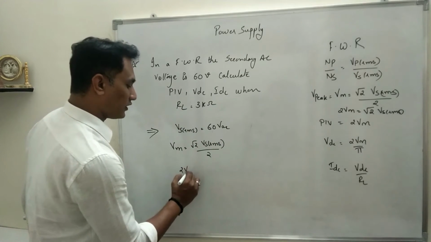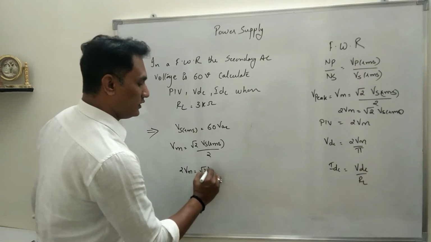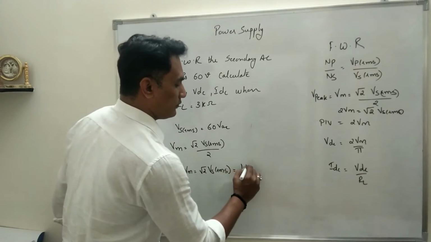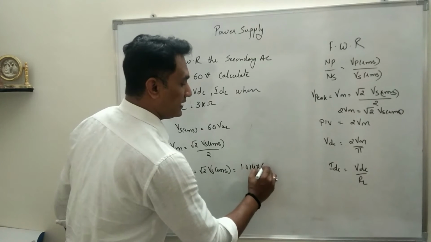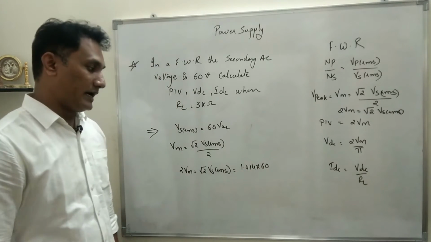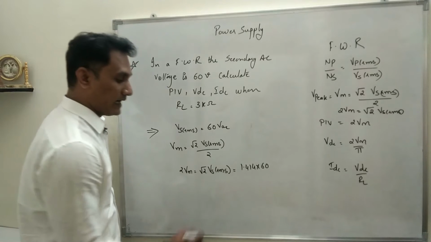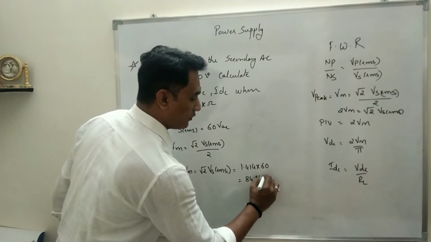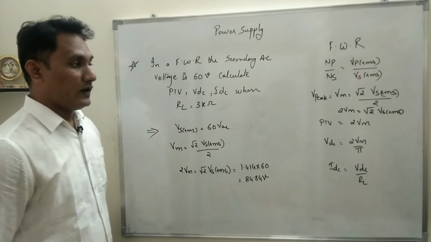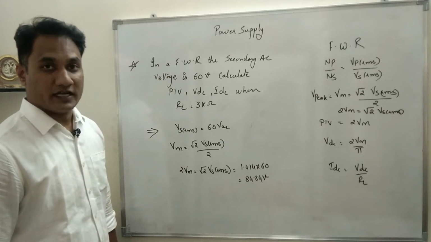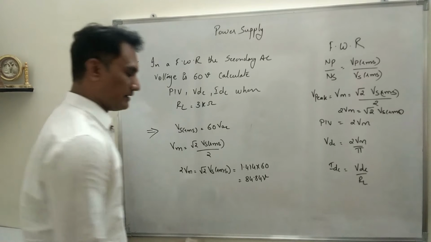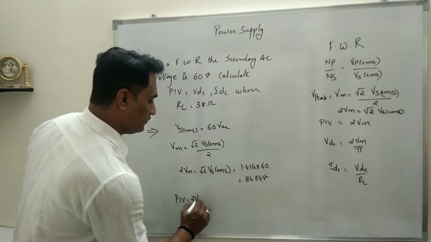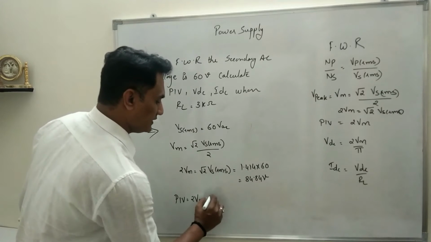So we make the formula as 2 Vm equals root 2 into Vs RMS. Root 2 is 1.414, multiplied by 60. When you calculate, the value comes out to be 84.84 volts. So this is the value of 2 Vm, that is the peak value across the secondary. And what is PIV? Of course, PIV is 2 Vm, that means the value is